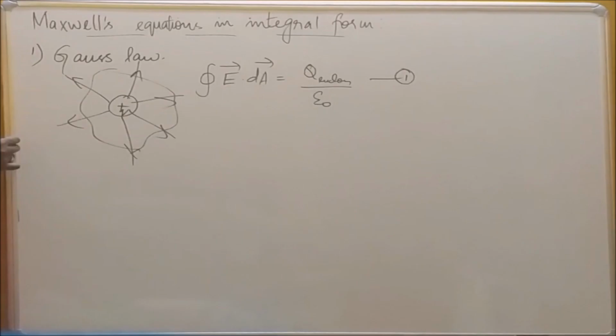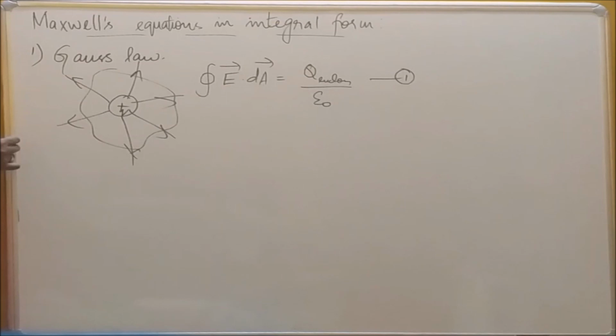Gauss law we learned in electrostatics, right? In electrostatics, we consider an isolated point charge Q. It could be placed in any arbitrary closed surface, right? Now the field lines are radially outward. This is what we learned in electrostatics. Now the net electric flux enclosed by the surface is the integral of E vector dot dA vector, which is equal to Q enclosed by epsilon naught.